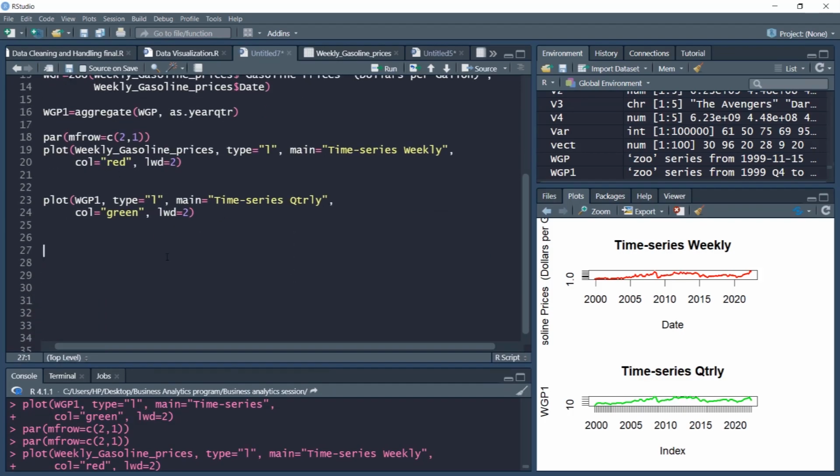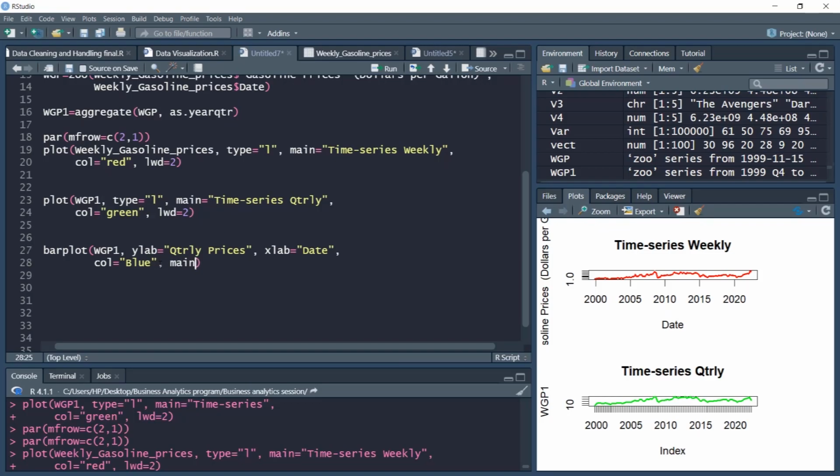But as a simple example of bar plot, I can simply type barplot. I need to specify the series, so I'll use the quarterly series because it is less noisy. I will type y-axis as quarterly prices. It's very easy, quarterly prices. I also need to give the x-axis, so my xlab is equal to date, and I need to give the color. Color is blue. I want the graph to be blue. I need to give the central axis.